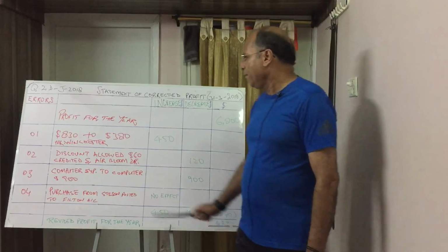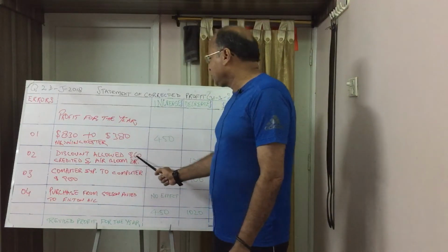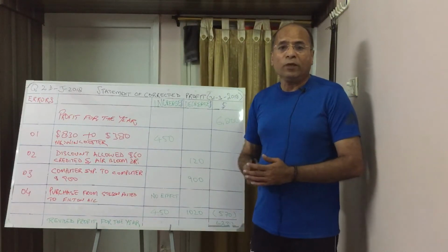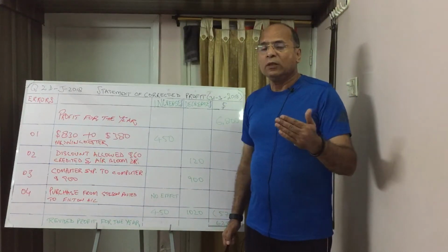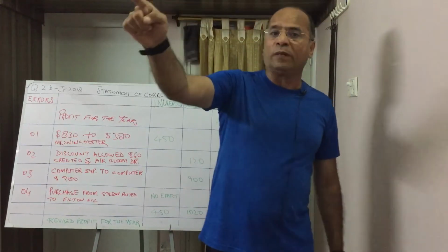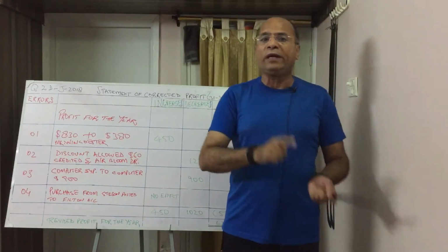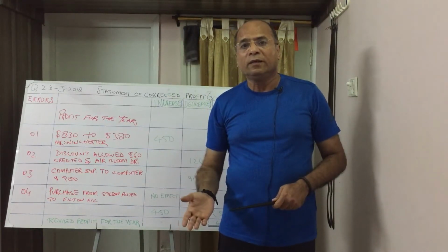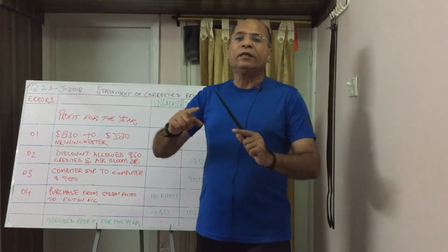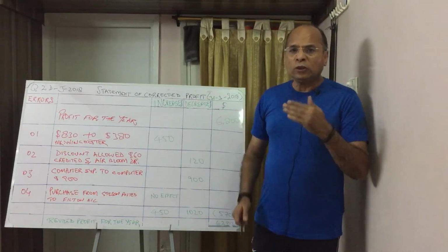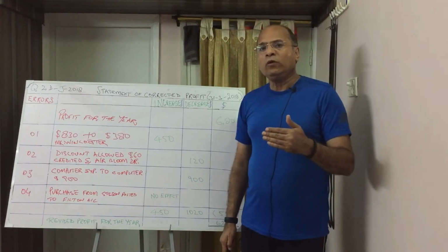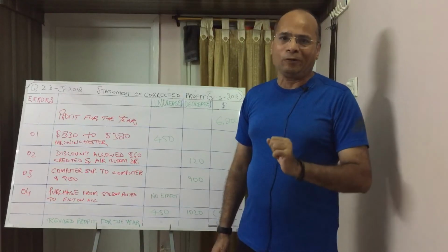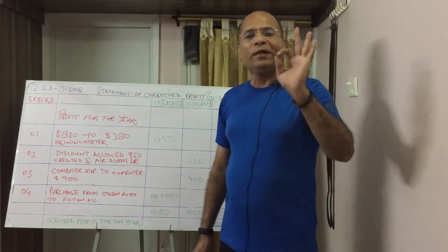Transaction number 2, discount allowed of 60 credited and account receivable account was debited. You see, discount allowed is an expense. So when you give the discount allowed to your customer, you were supposed to record the entry like this: discount allowed debit and account receivable credit. Instead of that, you made a mistake in such a way that you have debited your account receivable and you credited your discount allowed. This error is a complete reversal.